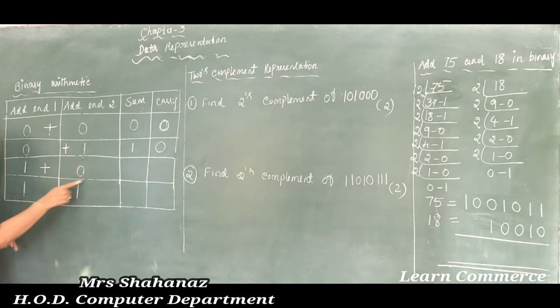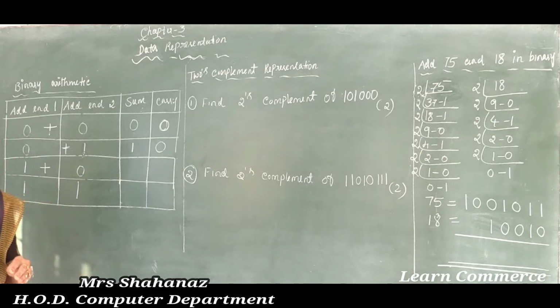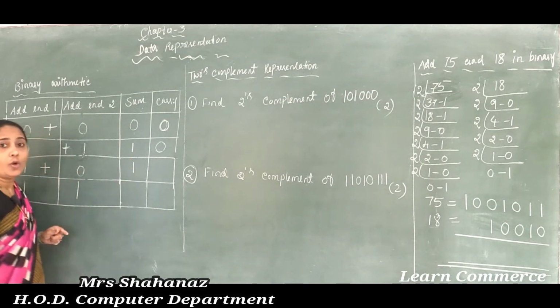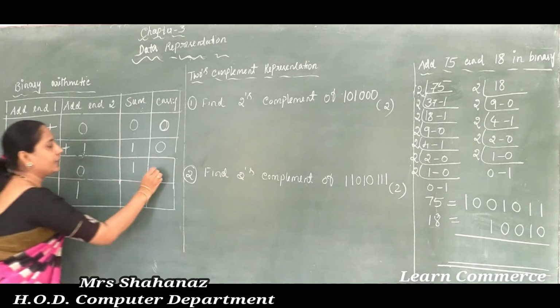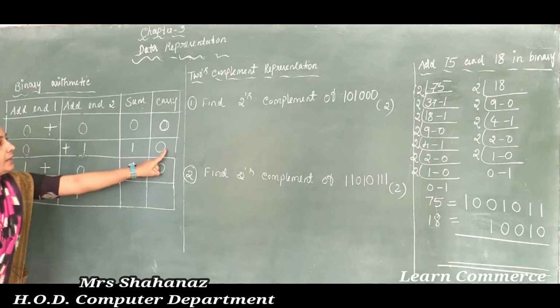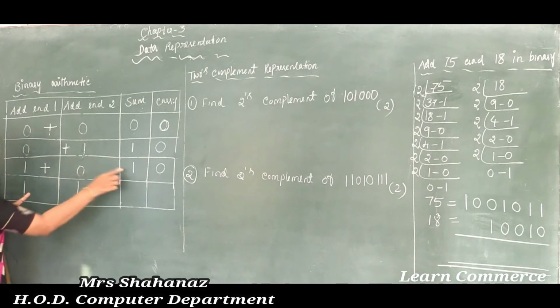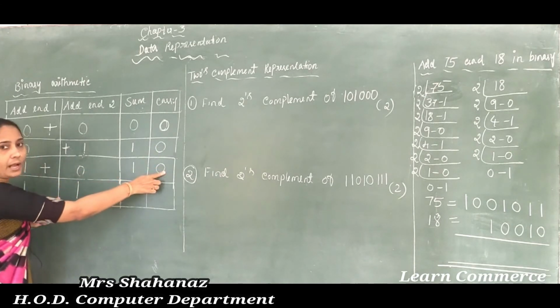So when you are adding 0 plus 1, or when you are adding 1 plus 0, are there any changes? No, there are no changes. Maybe you take the 0 value here, or the 0 value in the next place, but always the value is the same. So 1 plus 0, the sum value is 1, and the carry value is 0 only. Clear this point? So 0 plus 1, always the sum value is 1 and the carry value is 0. Or when you add 1 plus 0, the sum column is 1 and the carry column is 0.